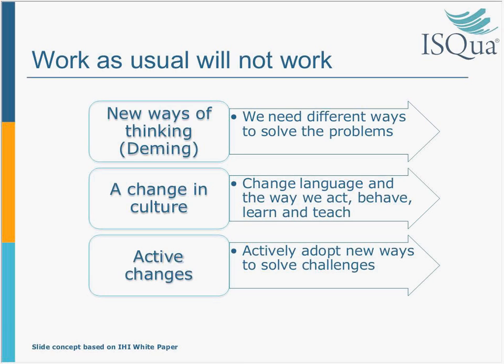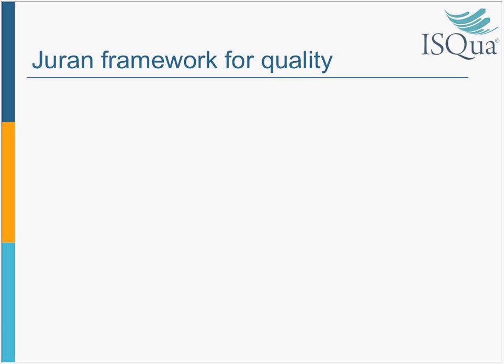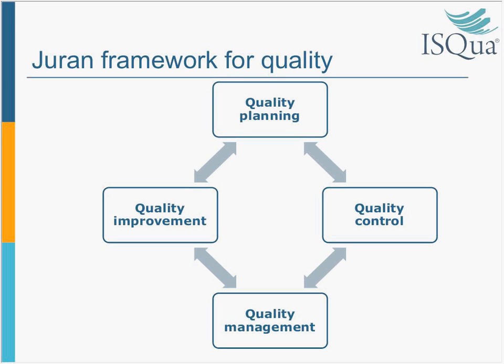So basically, the key issue is that over the last 10 or 15 years, in the quality improvement field, we've got to apply the theories of quality improvement. This starts with the series of Juran, which is basically looking at quality planning, quality control, management of quality, and adding quality improvement, which comes from Deming. Now, even though this is a framework that is more than 60 years old, we still don't have it uniformly within our healthcare service.